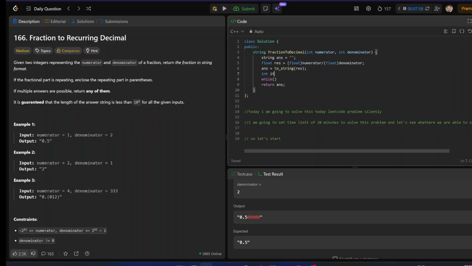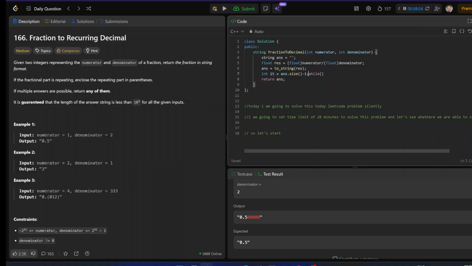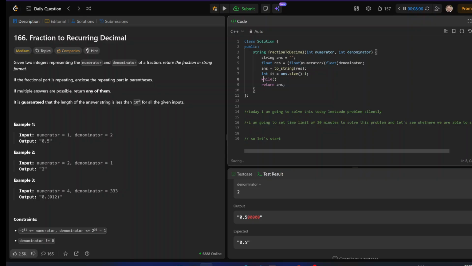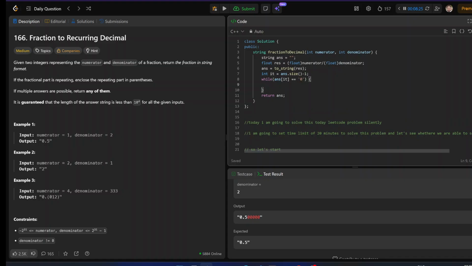We can start with an iterator, which will start from the last index, and we are going to check while answer of it is equal to 0, I mean this trailing 0, if it is 0,